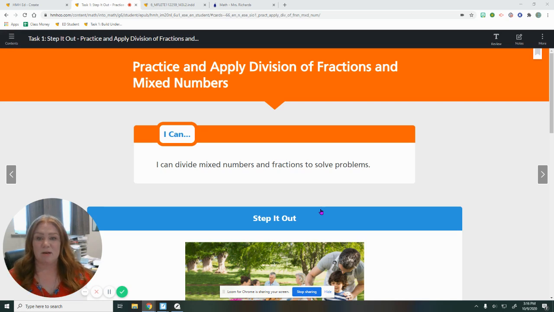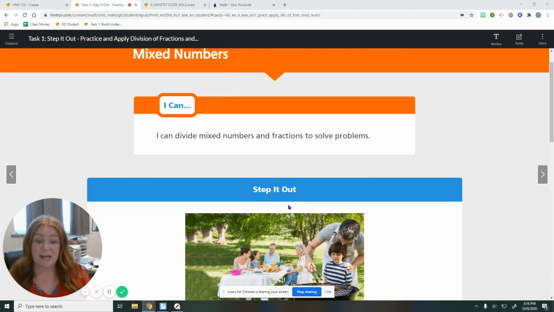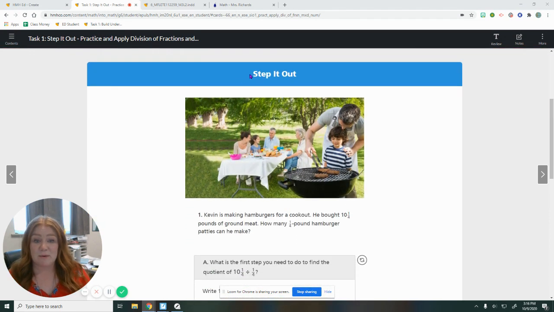Today's lesson is on practicing dividing fractions and mixed numbers. So we're going to take what we learned from lesson 3.3 and see if we can move forward without drawing those pictures as much. So we're on lesson 3.4, so there's no spark today, so we'll go ahead and jump right in. So here we have part 1, step it out,